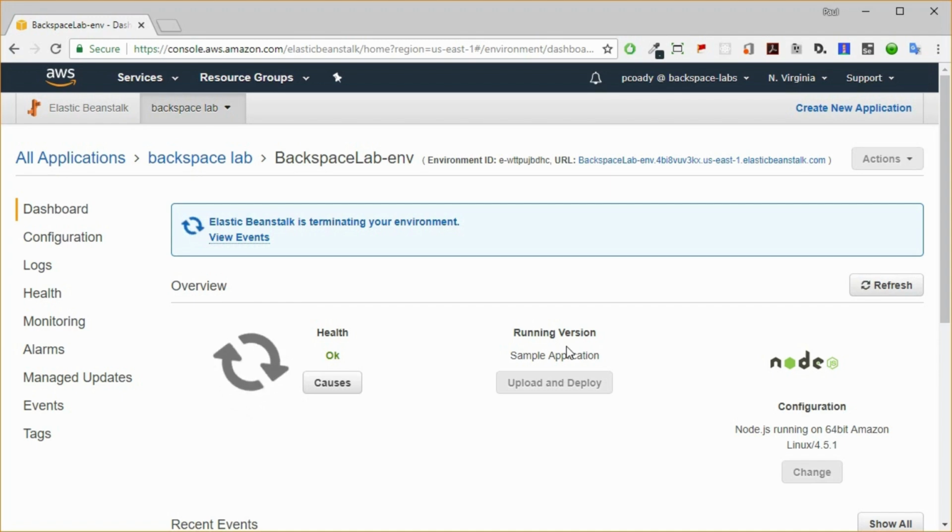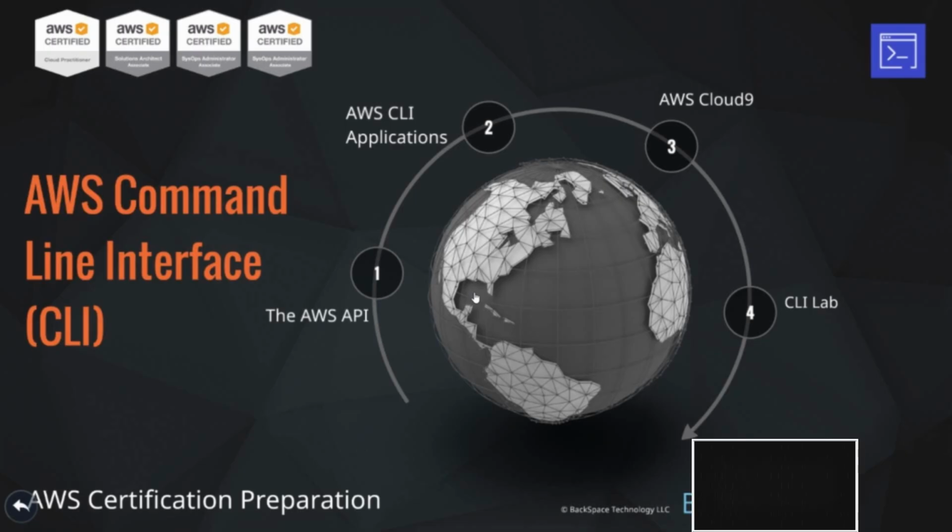In this lecture and follow-up lab, we're going to be looking at how we can connect to our AWS services and resources using a command line interface. So instead of having to use the AWS management console as we've done before, we can use text commands to achieve a lot of what we would normally do with that graphical user interface. We'll start off by looking at the back-end service that makes this happen, and that is the AWS Application Programming Interface, or API for short.